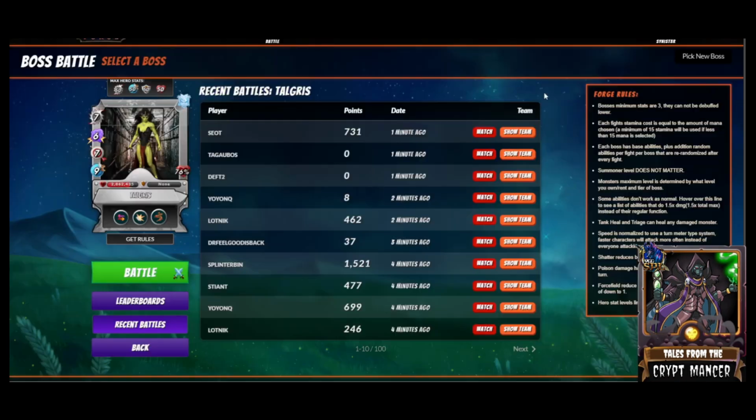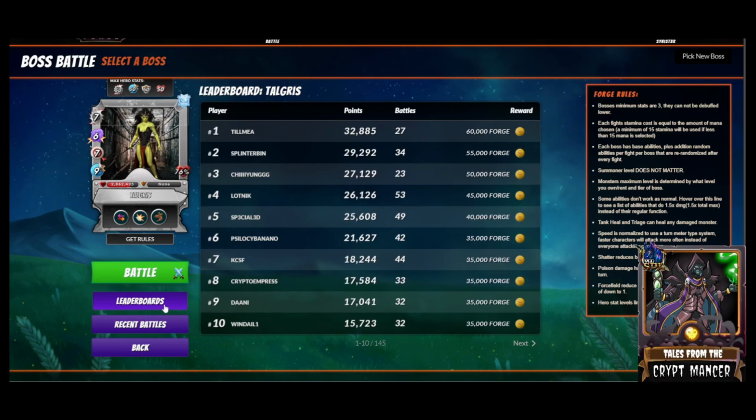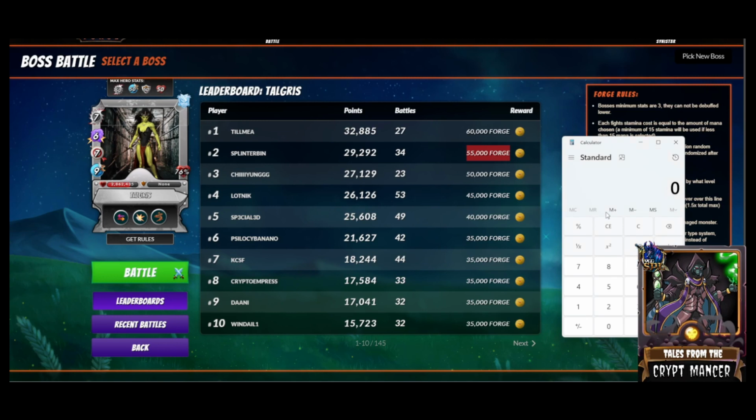But I just want to show you the leaderboard awards. You can see Splinterbin here, that user we just looked at in a recent battle, is number 2 on the leaderboard, has done 34 battles, and if this boss was defeated right now, he would get 55,000 Forgium. So what is that worth? Well, we can do the math here. 55,000 Forgium